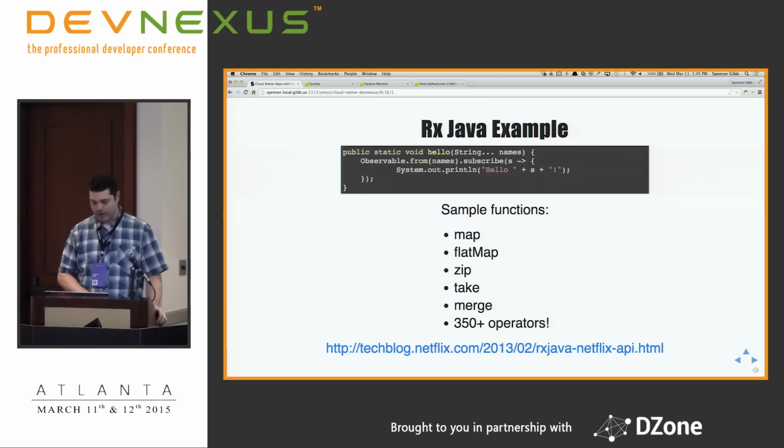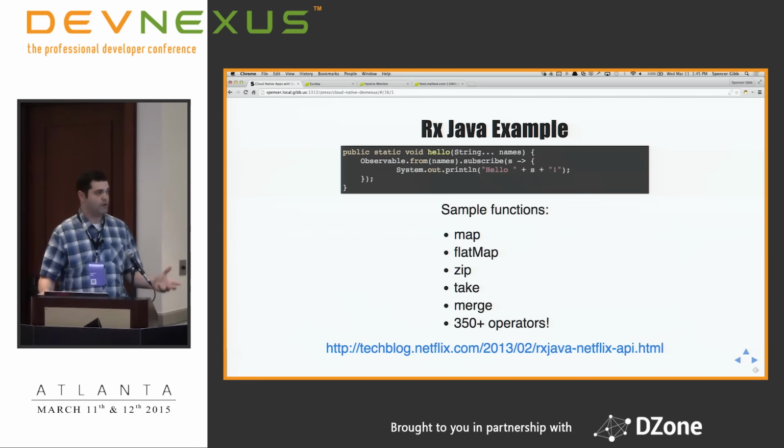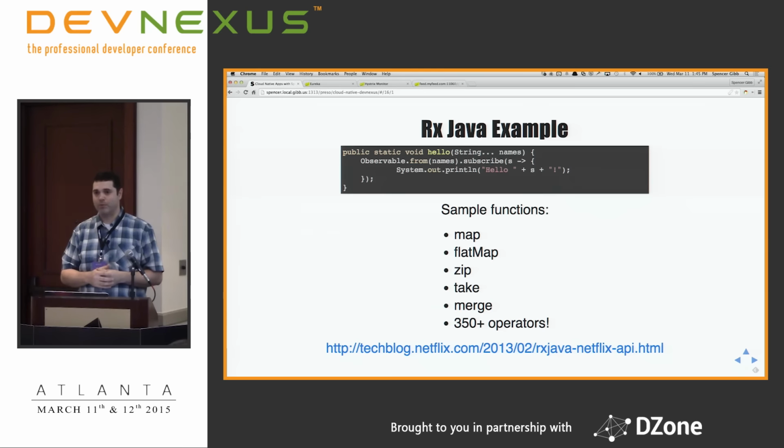But there are over 350 operators in RxJava for doing all sorts of different stuff. There is a reactive session tonight if you want to learn more about that kind of stuff. Go see it. But I think this is an important part of these systems to allow you to do API gateways and different things.